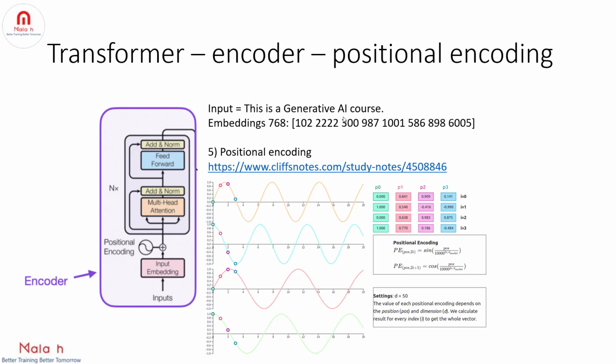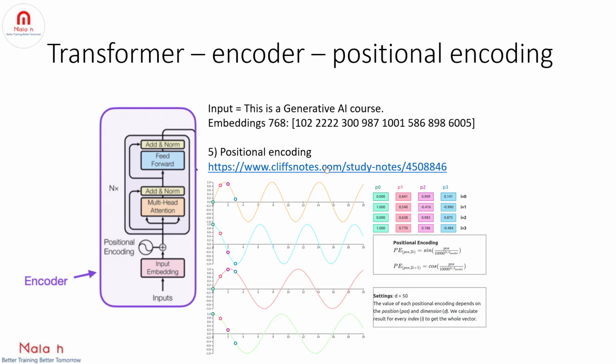But how can we do that? Maybe you can try to add an index to each token, like 0, 1, 2, 3, 4, 5, 6, 7, etc. But this is just one sentence, right? In real time, we will have petabytes of data, right? So this indexing may not be a good idea, right? So what else can we do to add position information to each word or token?